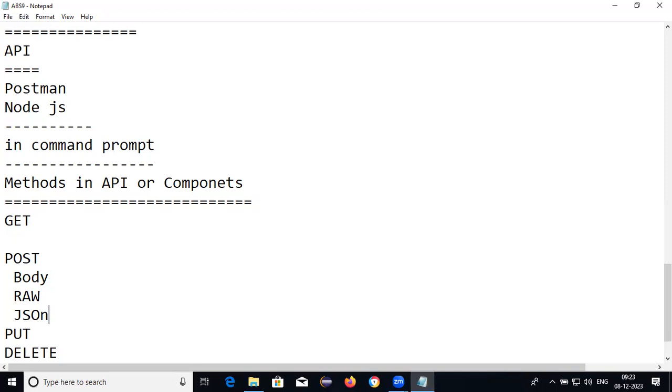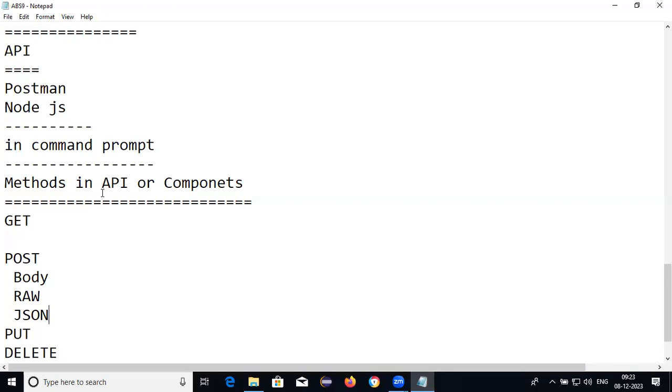I will repeat one more time. POST is used if you want to create any new data in the database, or store any new data in the database.